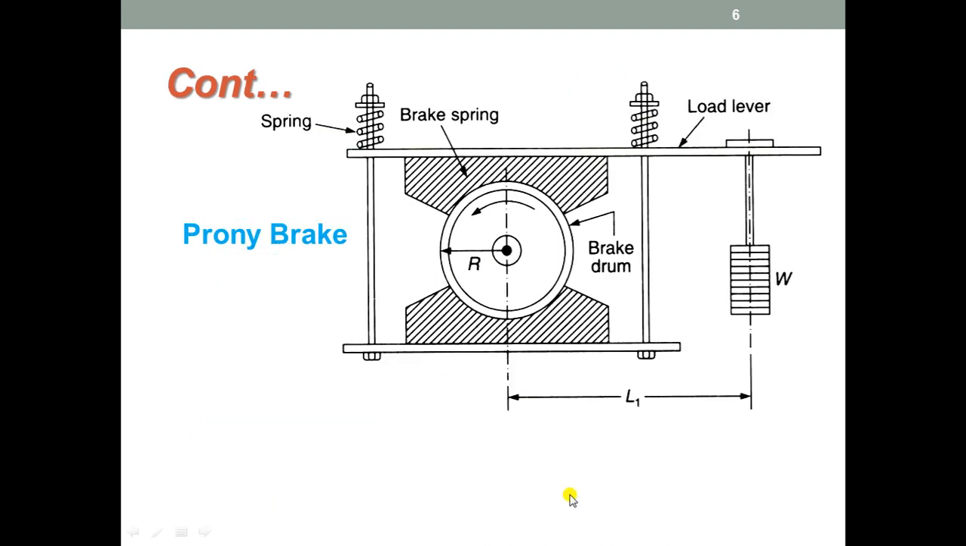The next is Prony brake, the second form of absorption type of dynamometer. The Prony brake works on the principle of converting power into heat by dry friction between the brake spring and